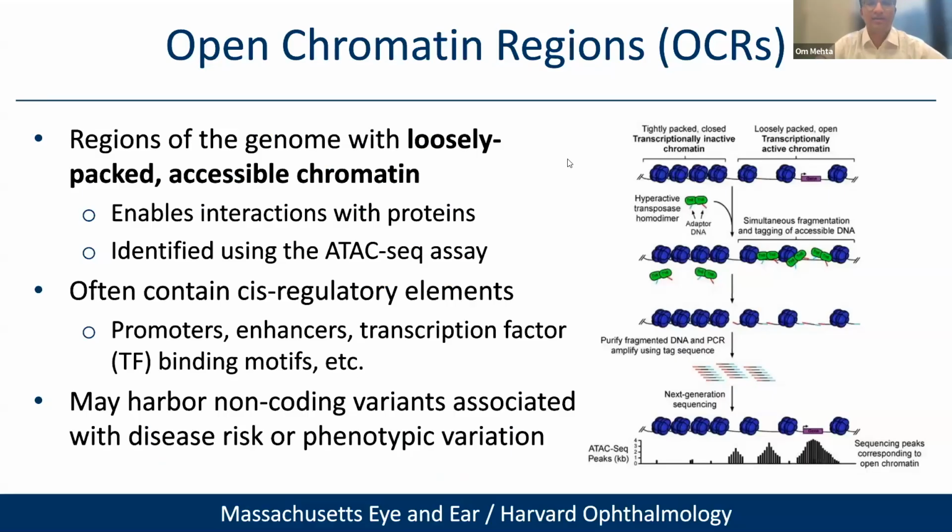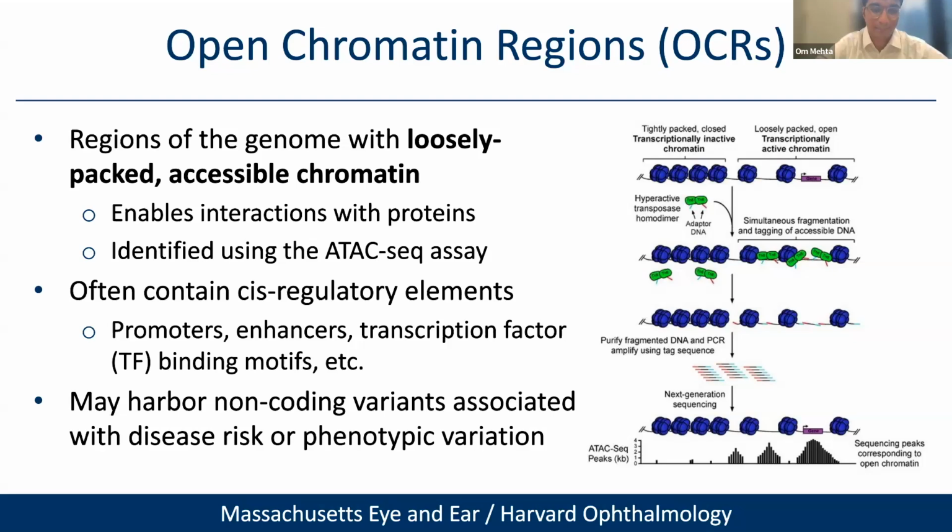To start with a bit of background about open chromatin regions, or OCRs, these are segments of the genome where DNA is loosely packed, making them accessible to regulatory proteins such as transcription factors. This accessibility is essential for gene regulation. OCRs vary across cell types and are identified using techniques like ATAC-seq, a schematic of which is shown on the right. These regions contain promoters, enhancers, and transcription factor binding motifs. Importantly, OCRs also harbor non-coding genetic variants that can influence disease risk, highlighting their critical role in understanding gene regulation